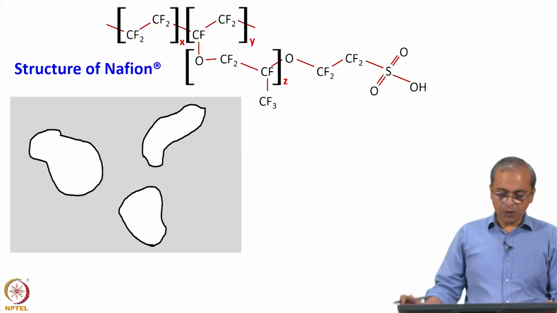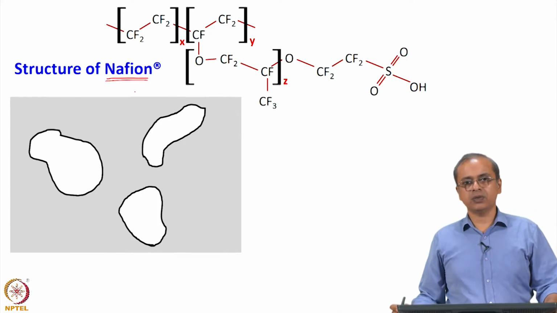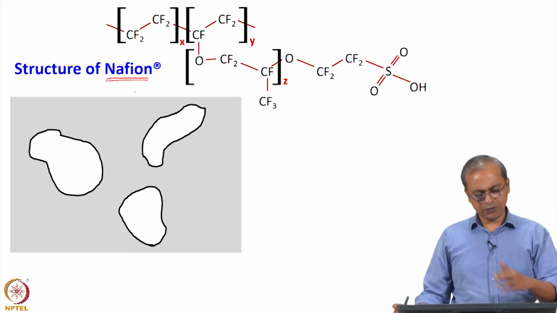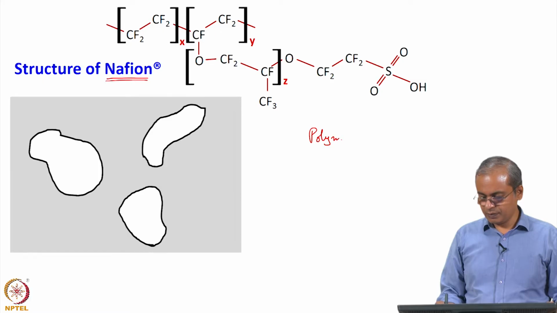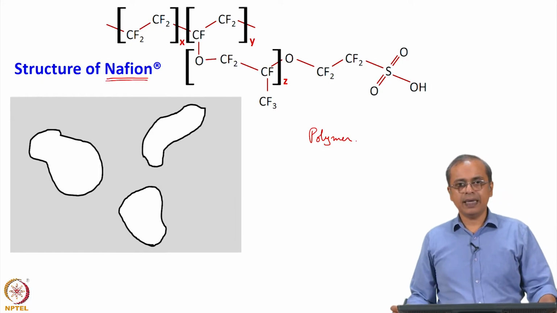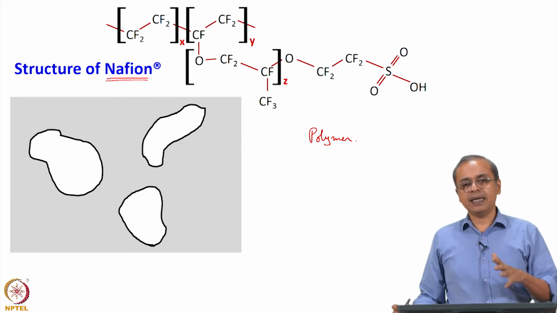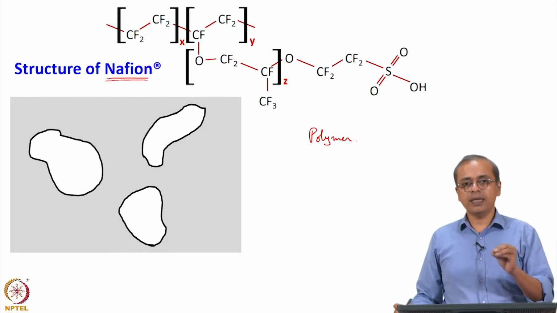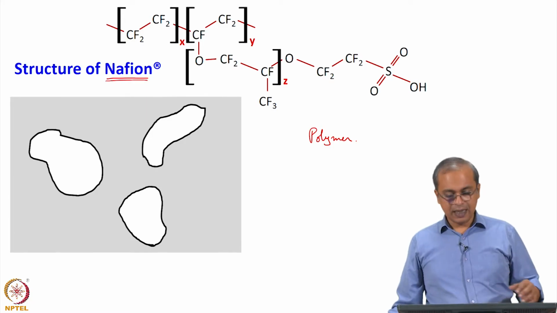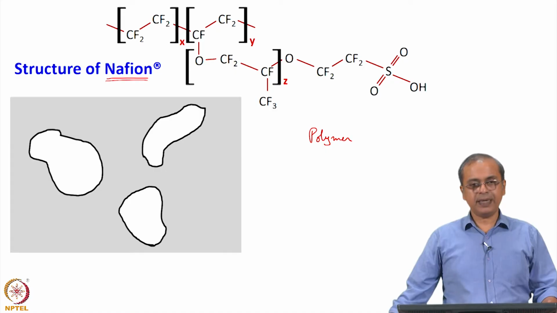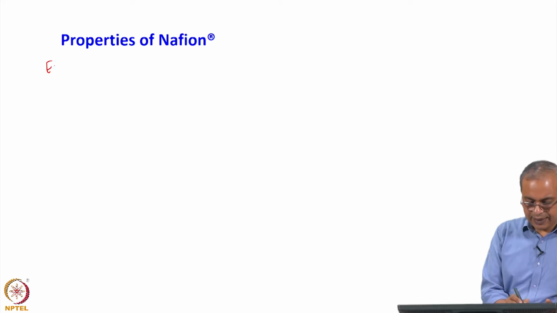So, there is this polymer membrane known as Nafion. It is a material that is commercially sold by DuPont, and it is used for a wide range of applications. Basically, it is a polymer, and the idea is that that polymer has some porosity in it, certain type of pores in it, and in those pores you can grow the nanomaterial. So, let us look briefly at what is possible here with respect to its structure and the application that we can put it to. If you look at ethylene,